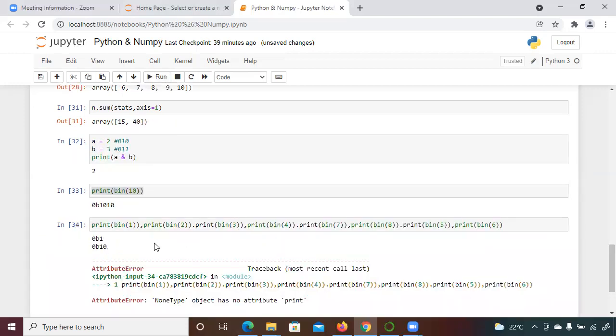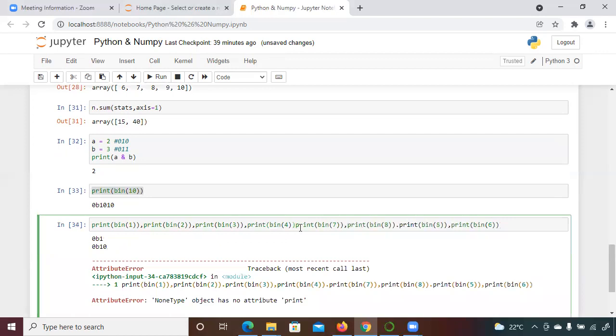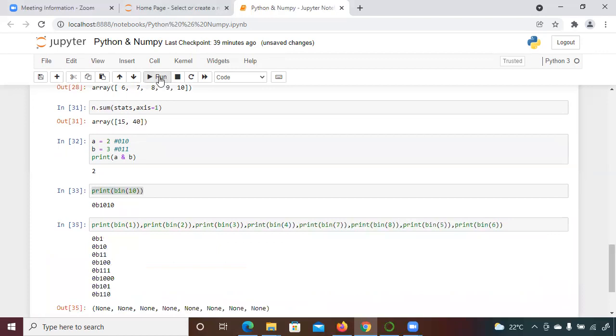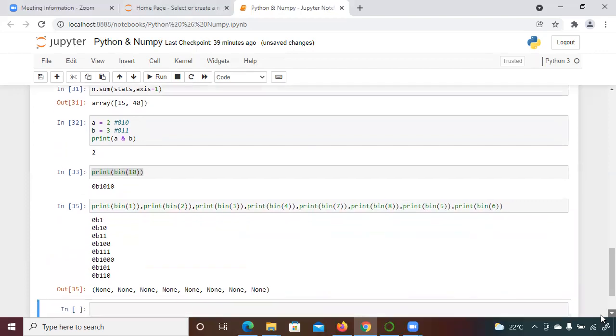Okay, sorry. Comma will come here. So you can see here the binary representation is coming like this.